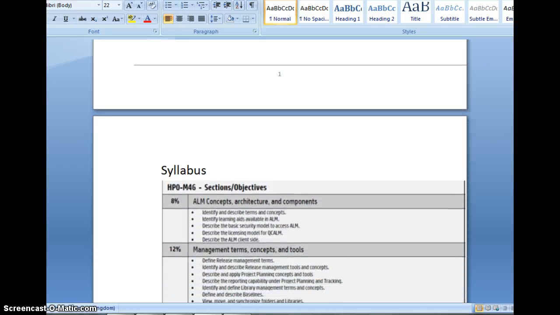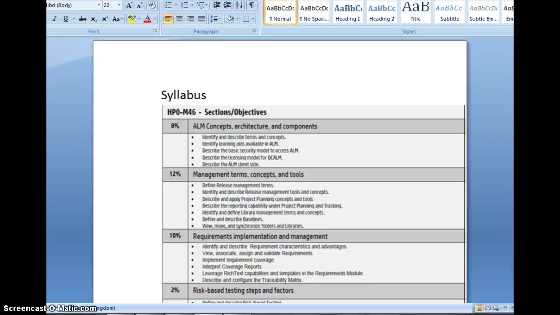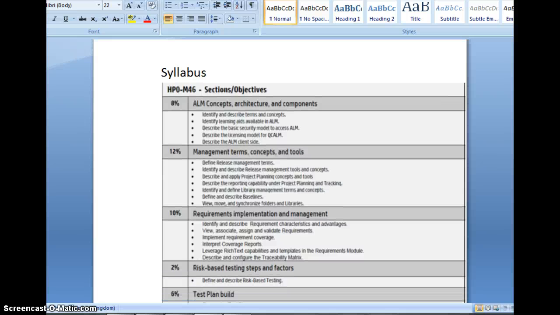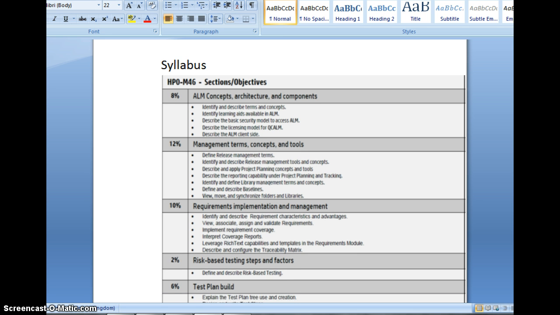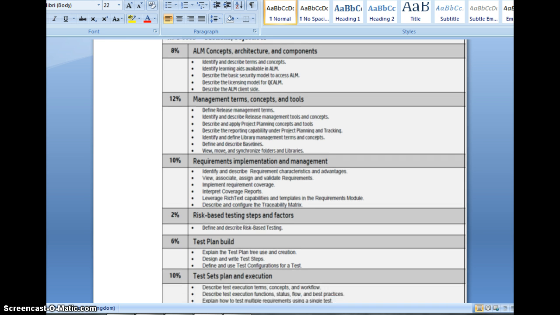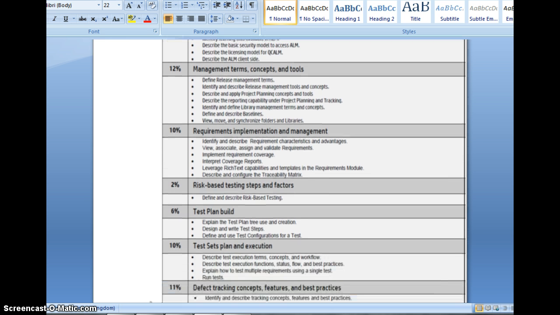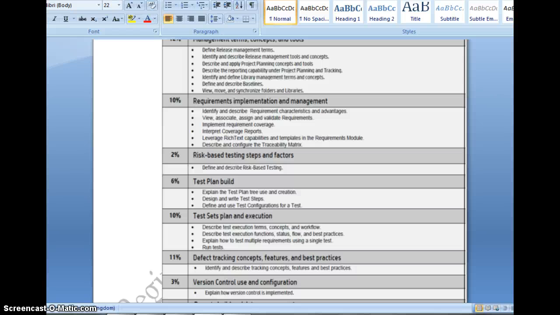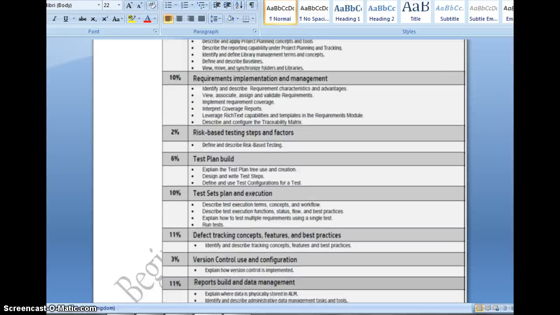The syllabus is very clearly mentioned here. 8% of the questions come from ALM concepts, architecture and components. 12% of questions come from management terms, concepts and tools. We can see the subheadings where they have clearly given the concepts which you have to go through. 10% comes from requirements implementation and management, 2% from risk-based testing steps and factors, 6% from test plan build,